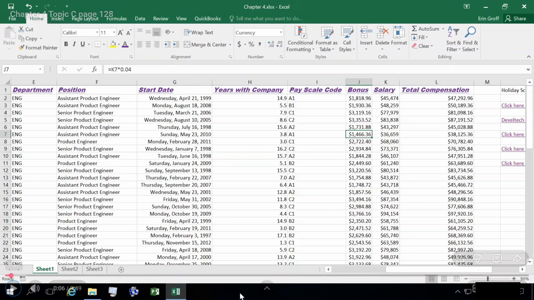This is topic C on page 115, aligning cell contents. So far, you have formatted worksheets by applying formatting to text and numbers. You may also want to consider making your worksheets easier to read and interpret by controlling where data is displayed